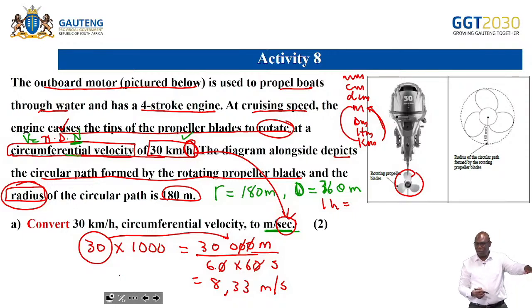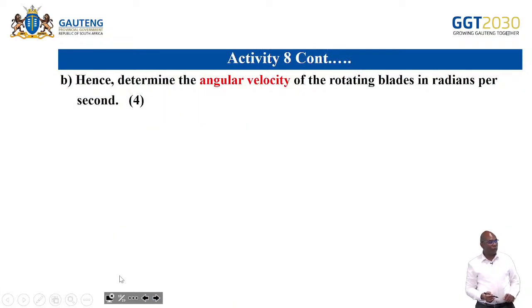Okay, I took time on that question because the conversions are very important. Once you cannot convert that, the second question that comes here will be talking to this, and you cannot use kilometers per hour because the question will need you to write it in meters per second. So it's very important that we know how to convert. Okay, now,